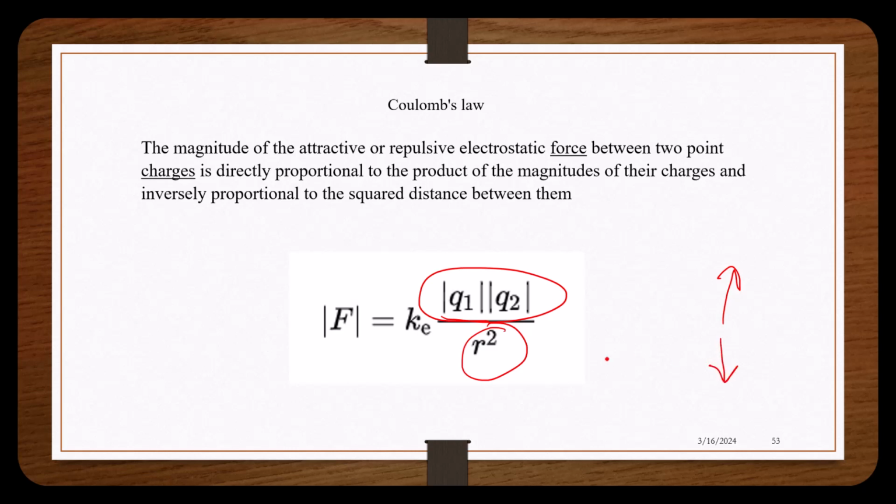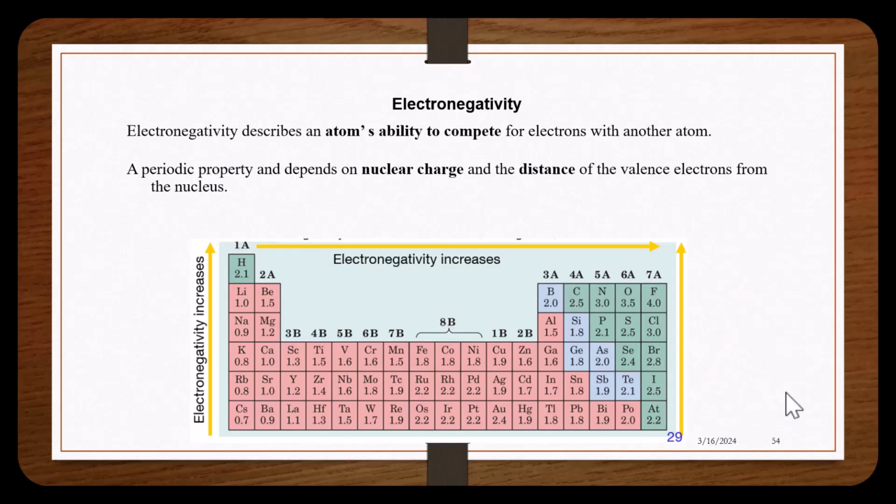This is very intuitive when you think about a magnet. The bigger the magnet is, which would be the charge, the more of a repulsive or attractive force it has. And the further away you would have the two magnets, the more it would decrease the force. Now let's take a look at the periodic table and the trends that the periodic table has with electronegativity. We can see as we go up the column, the electronegativity increases, and as we go from left to right,